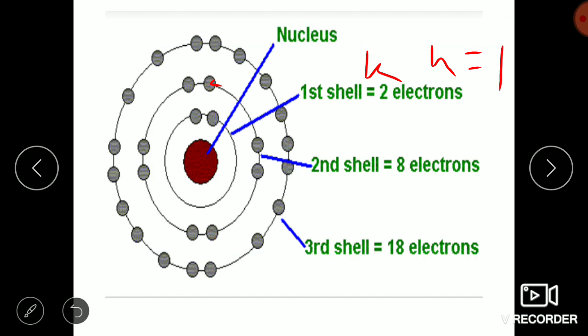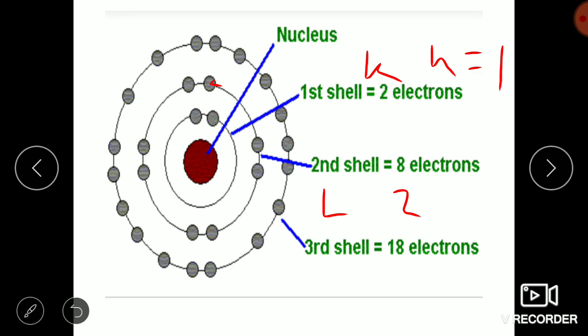Okay, in the same manner for the second shell, it is L shell, and the n value is 2. Like that, for the third shell you get serially K, L, M, N, O, P, and you will get 1, 2, 3, 4 as your n values. Okay, it can go to infinity. So these are the postulates of the Bohr atomic model. Some more are there. So up to here it is clear.